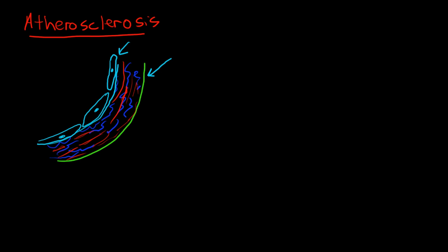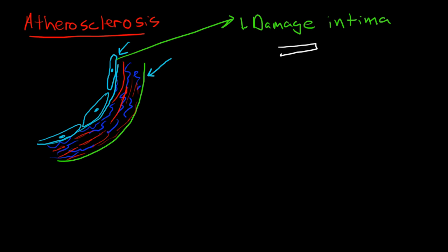Now, what's interesting here is this whole process primarily involves the tunica intima, particularly in the beginning. And what happens is we have damage to the tunica intima. So the first thing that happens is damage to the tunica intima. So what can damage it? Well, one thing is smoking. And another thing is diabetes, hypertension,